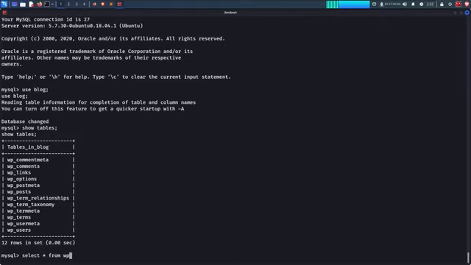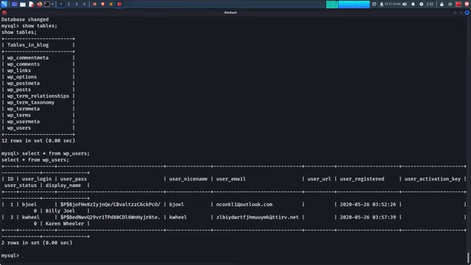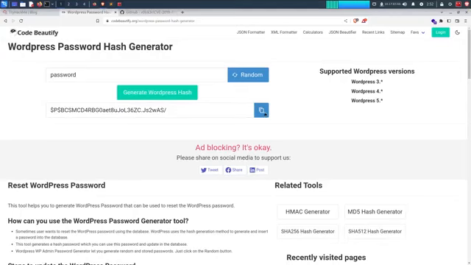So select star from WP users, and I want to change this value right here. So I'll write an update statement, update WP users, set user pass equal to, and I'm going to change it to this value,